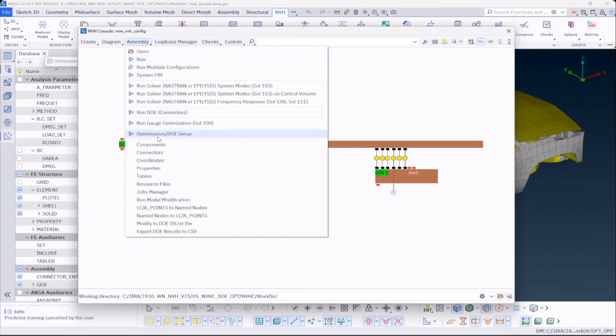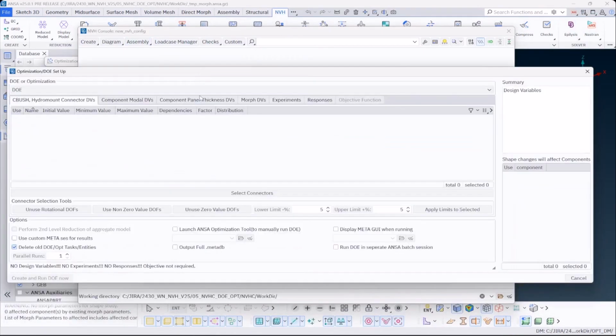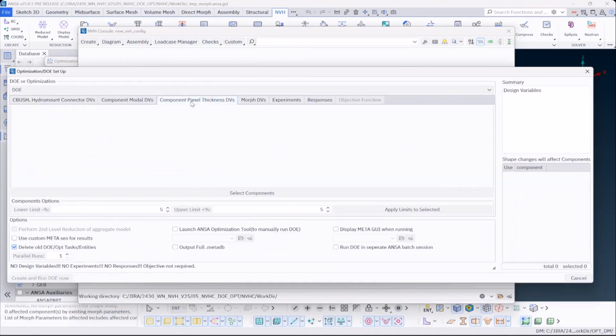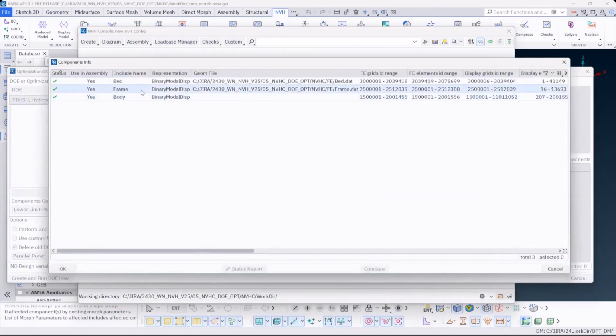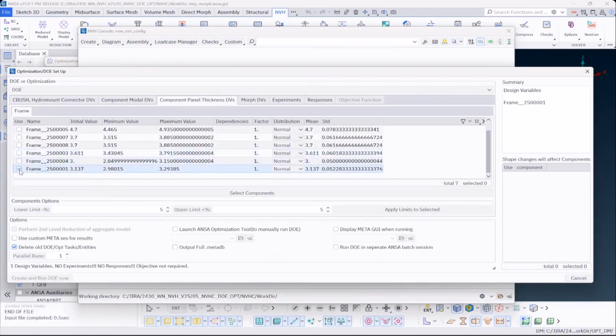Under the Assembly menu, we select the Optimization DOE Setup. The interface is launched, where we observe the new tabs of the component panel thickness and the morph design variables. So we just have to select the components. In this case, I select the frame, and now from the frame, we should select the properties that will be used as design variables. In this case, I will use the longitudinal parts of the frame and some other transversal